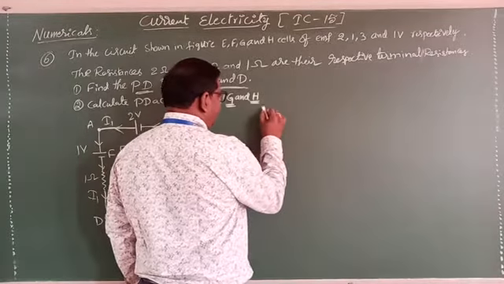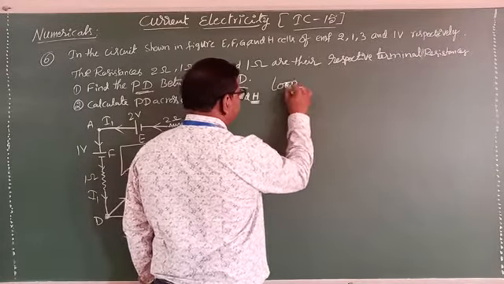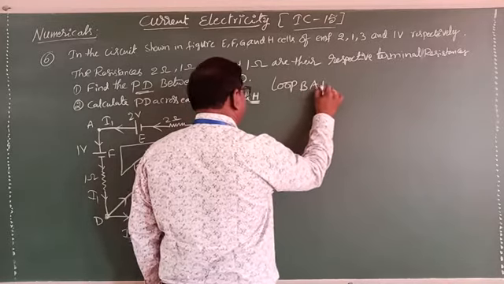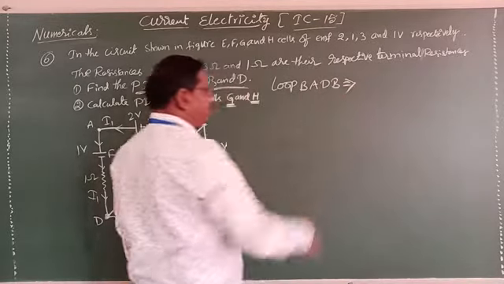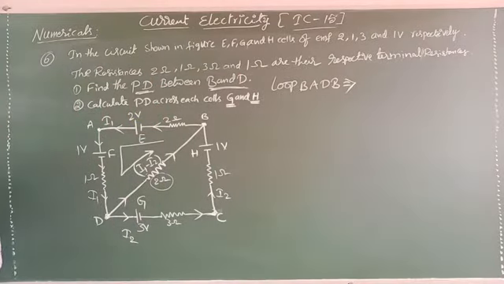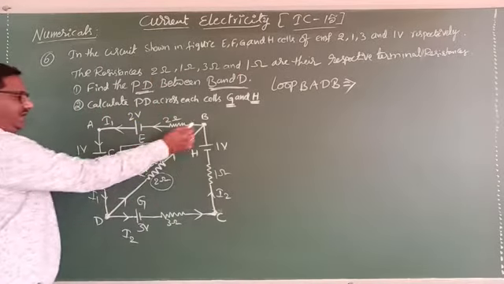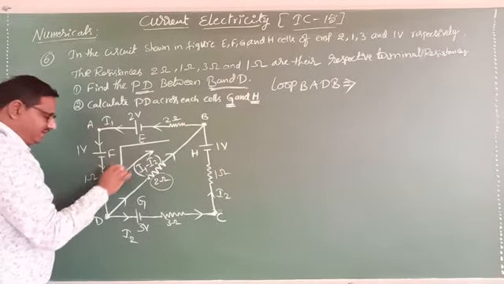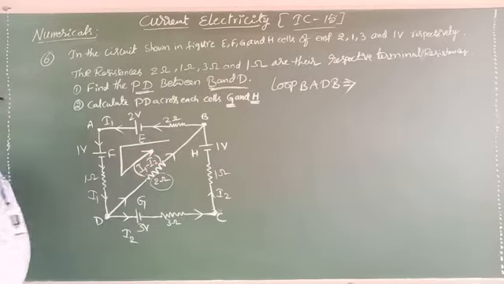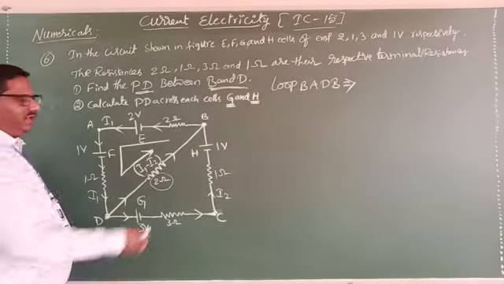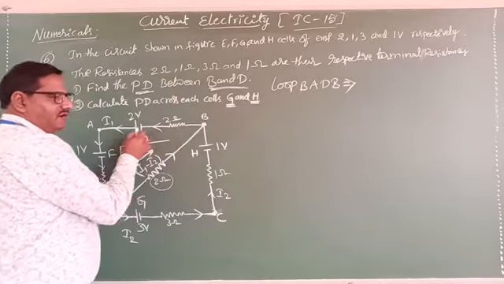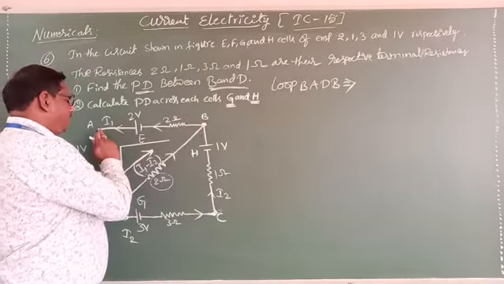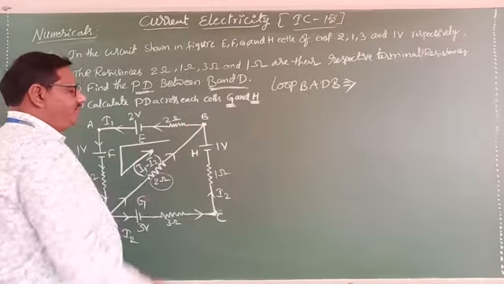So I will consider the first loop, closed loop B, A, D, B. What closed loop do I take? Very simple, from B, A, D, B. That's why I wrote this diagram like this, to understand easily. Clear? Now, here V and current both come along the same direction. Say yes or no? Where to where are we moving? B to A point. Current is also moving from B to A point.